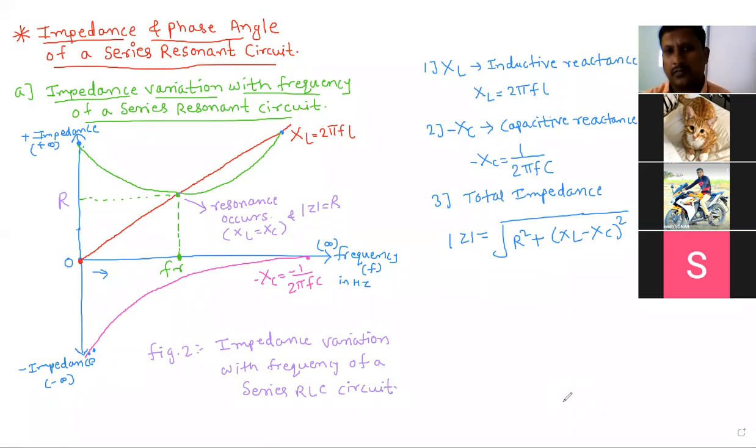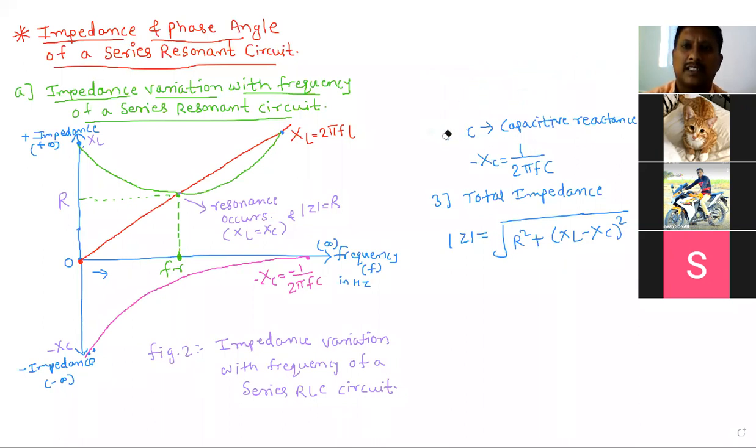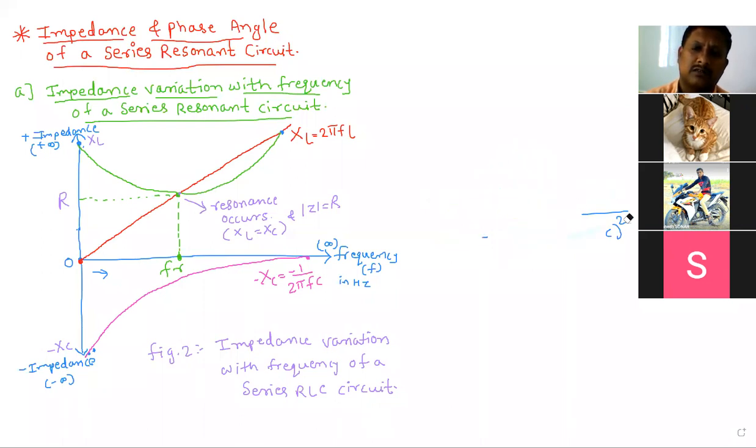Everyone understood now? Okay. So whatever we discussed now, impedance at this point we can consider as XL, and here we can consider as XC minus XL, so that you can remember. Now some points are remaining here, so that we can discuss and complete this point. We have to classify into 4 divisions or 4 sub points, so according to that we can discuss the points one by one.